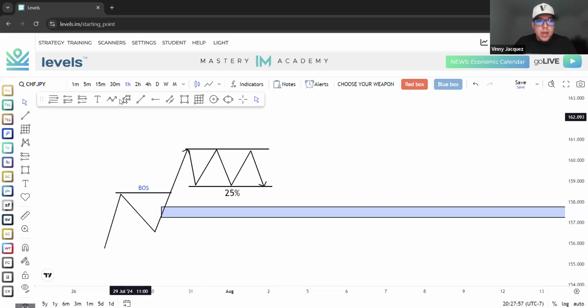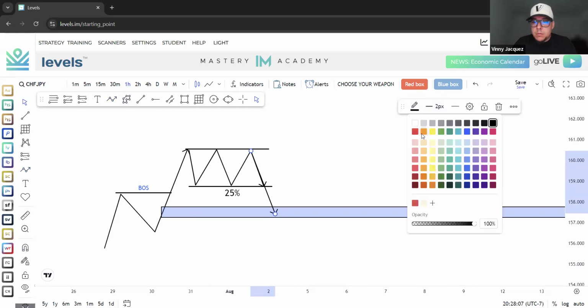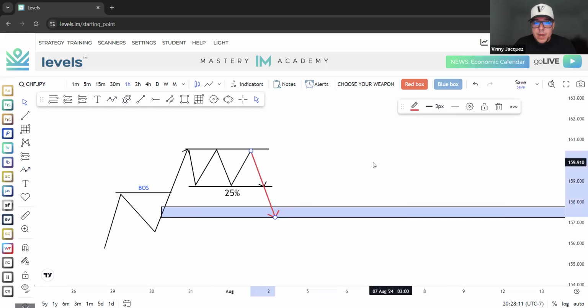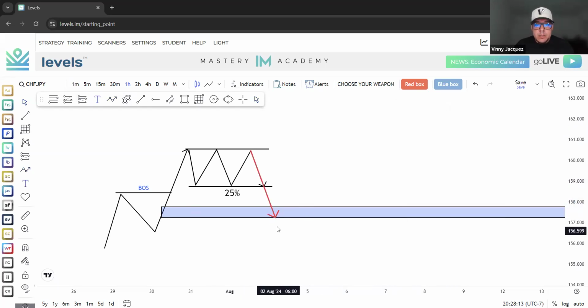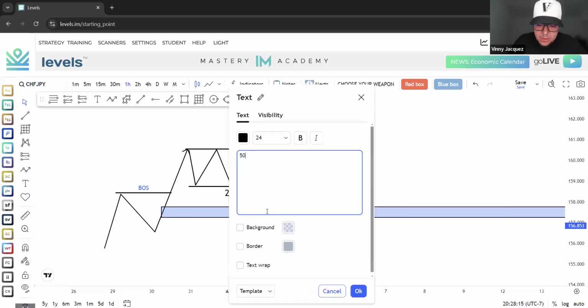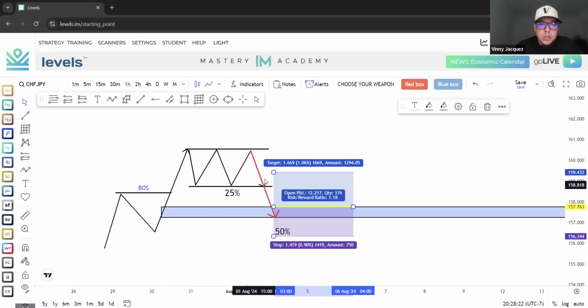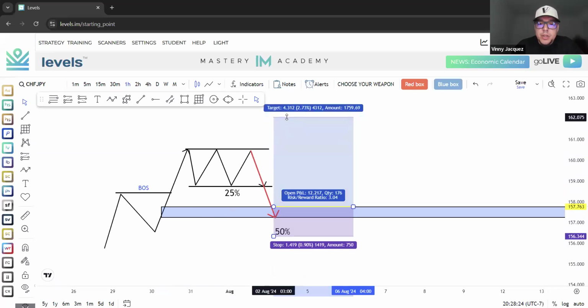25%, right? When the market wants to go ahead and break to the downside, that break to the downside is 50%, guys. I'll go ahead and thicken that up just a little bit. 50%. So let's go ahead. Boom. 50%. Now, again, you guys could have been buying here with your stop loss at the low, looking to continue this trend,